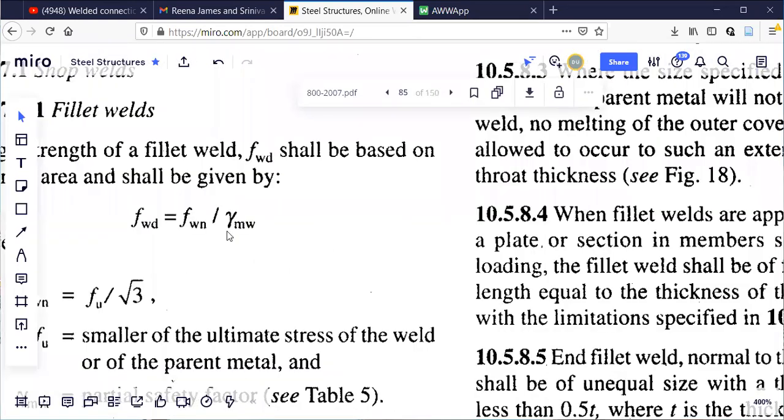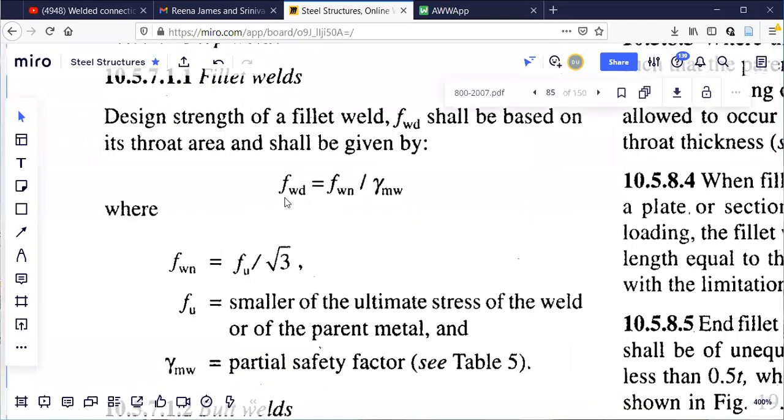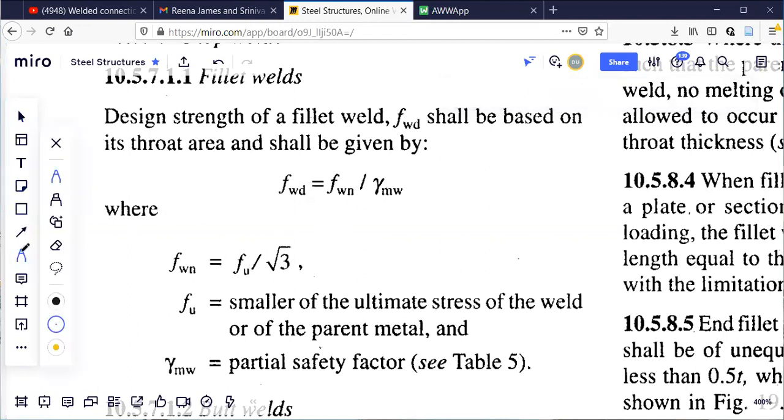See this. Now I have come to the last part of this. FWD is equal to Fu by gamma MW, FWN. What is this FWN? Fu by root 3. So finally, this is how the formula has become, whatever I have written there. See this here.